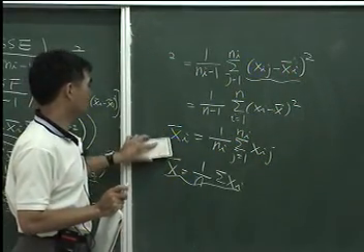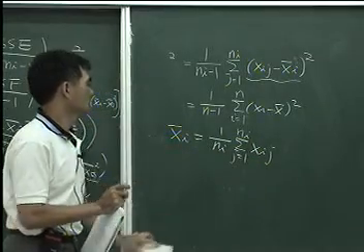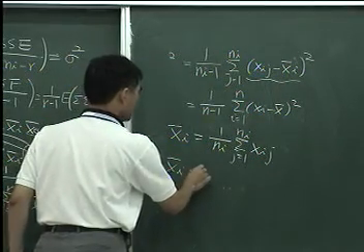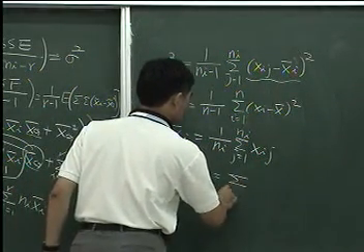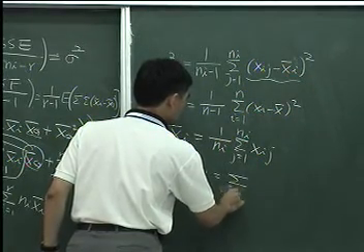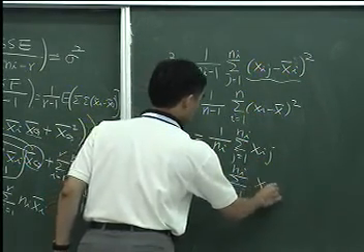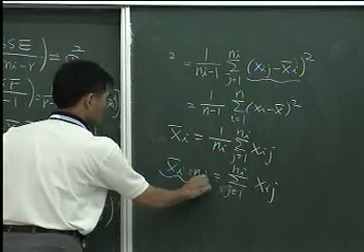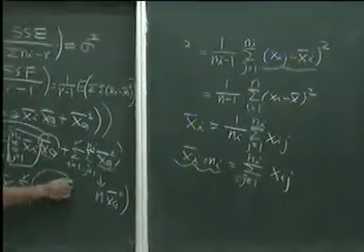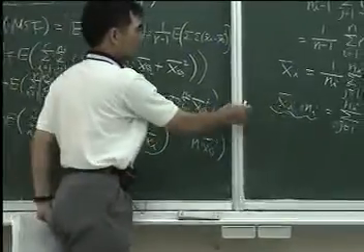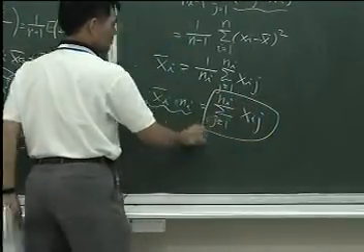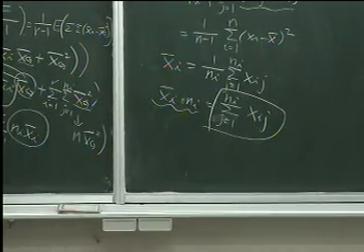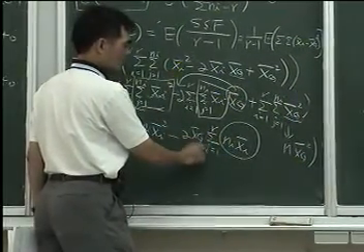Then from here, x bar i times n_i is equal to the summation, j from 1 to n_i, of x_ij, right? So actually this part is what you see here. This part is actually equal to this part. And if you look at this whole thing, what is this whole thing equal to? Because